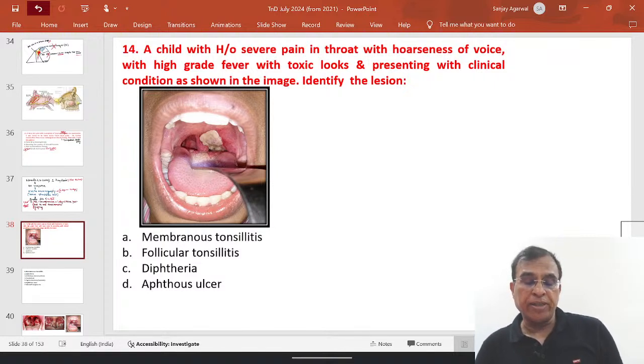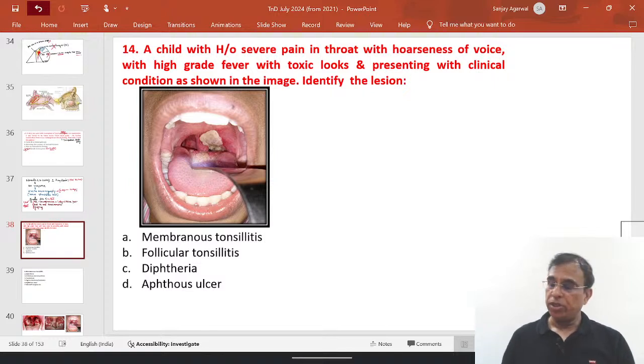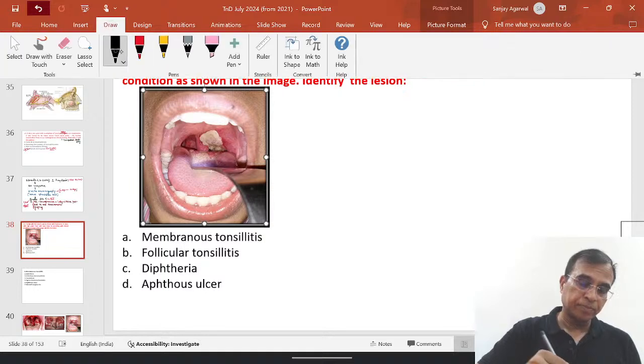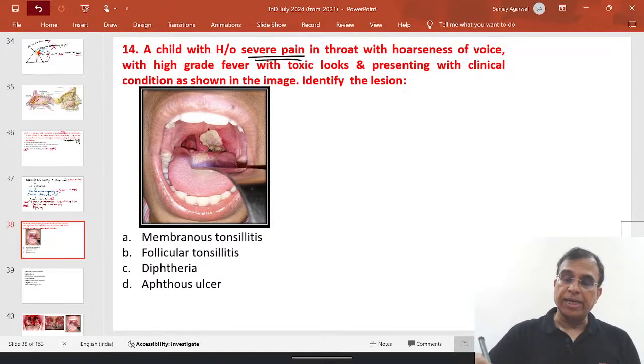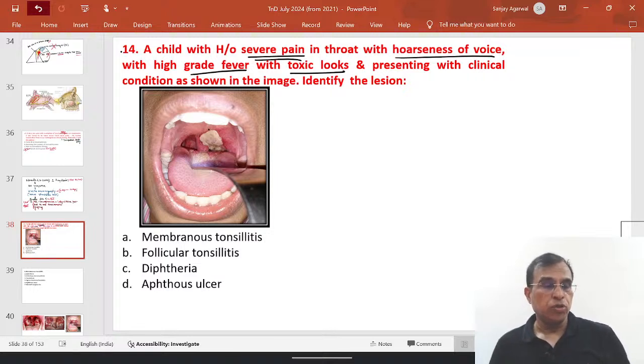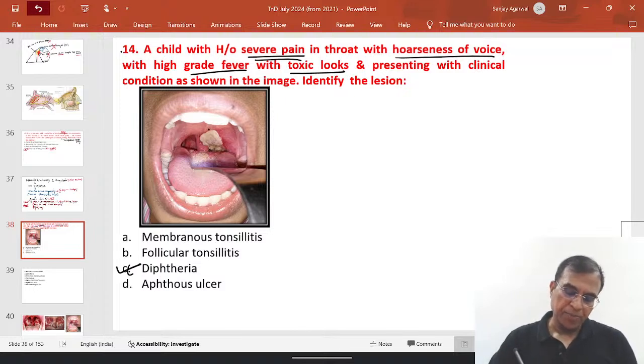A child with history of pain in the throat with hoarseness of voice with high grade fever and toxic look is present with clinical condition as is shown. Identify the lesion. So patient has a severe sore throat, and there is hoarseness of voice and high grade fever with toxic look, and the image is shown. So what is the likely condition? And I can see a lot of people saying C, which is diphtheria. Now, how do you know it is diphtheria